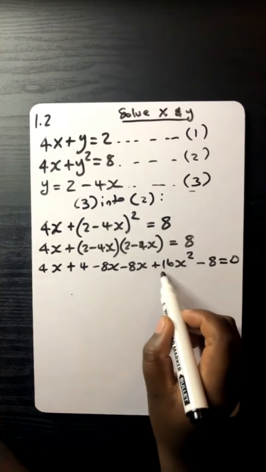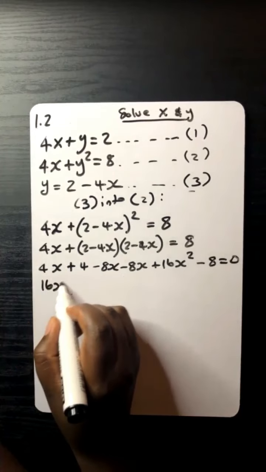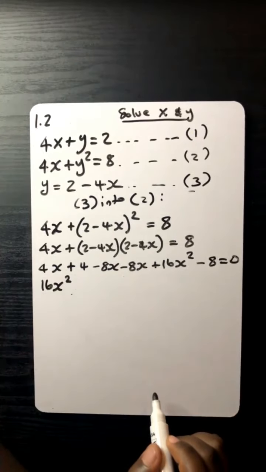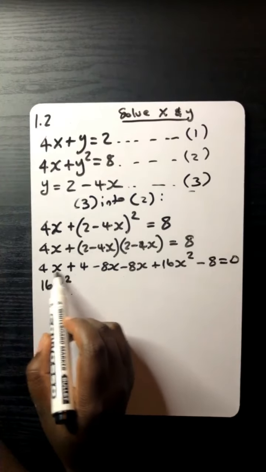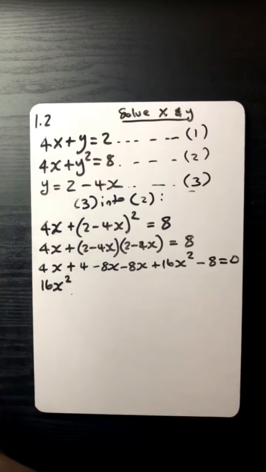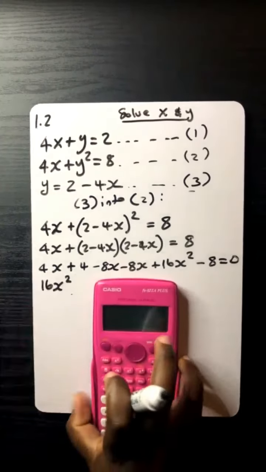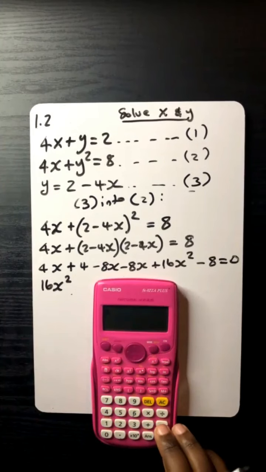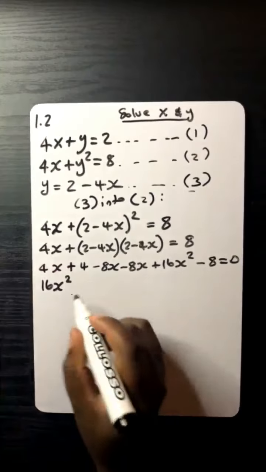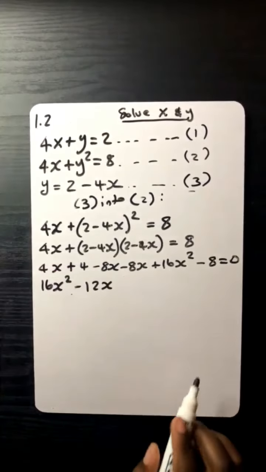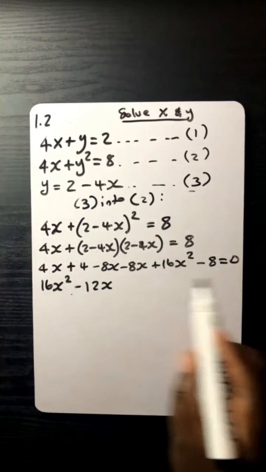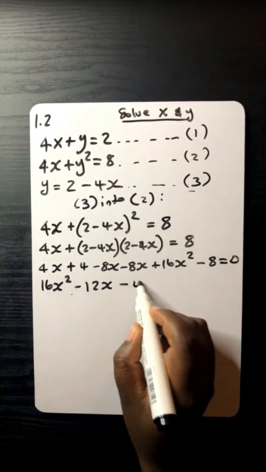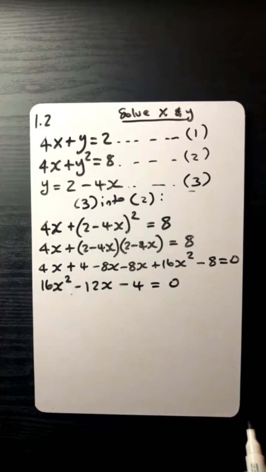So now I can straight away start with that 16 and say I've got 16x squared over there. I've got this, I've got this. I can just punch the whole of that on a calculator and say it's 4x minus 8x minus 8x, which equals minus 12x. And again, I've got 4 and a minus 8 over there, which is the same as minus 4. The whole of this